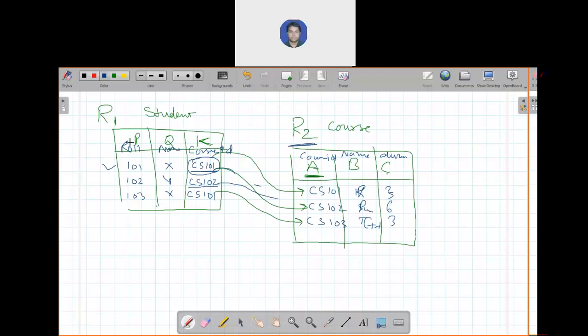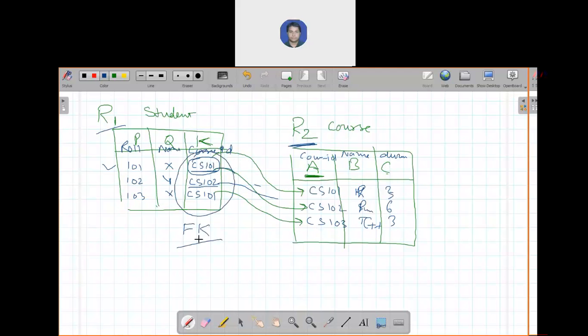Okay, so as you can see, R1 is the referencing table and R2 is the referenced table. One attribute is referring to another attribute of another table. This is a referencing attribute, called the foreign key.